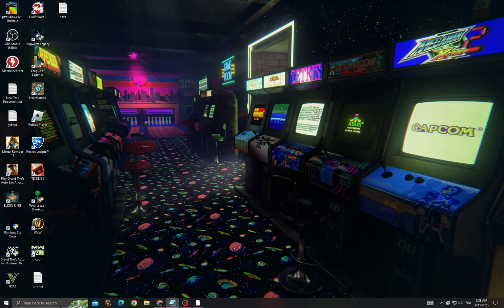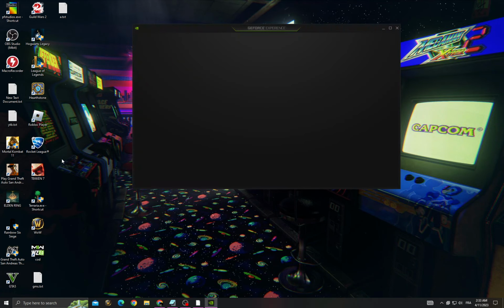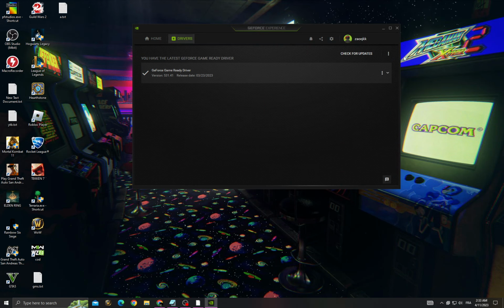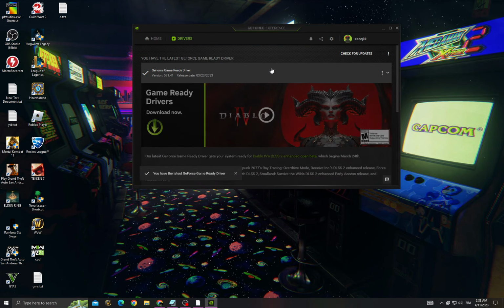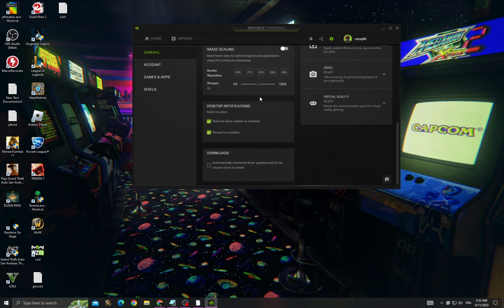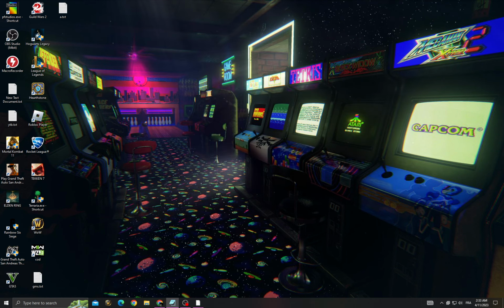And after that you go to GeForce Experience and now go to drivers, check for updates, make sure you have the latest update for your graphics card, and now go to settings, scroll down until you find here image scaling, enable this option, and after that restart your